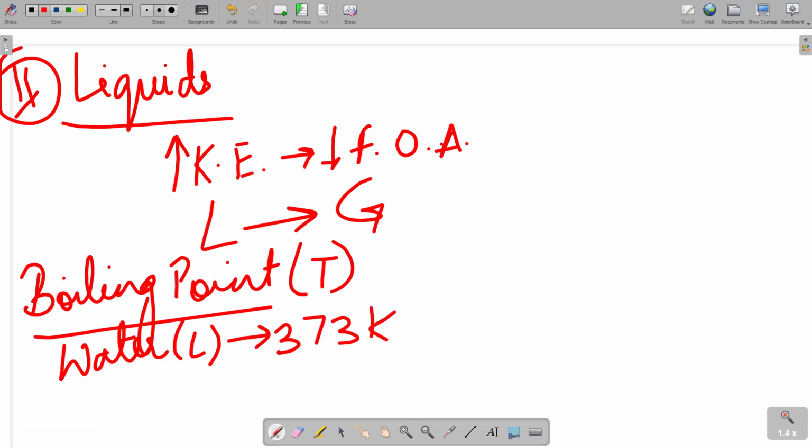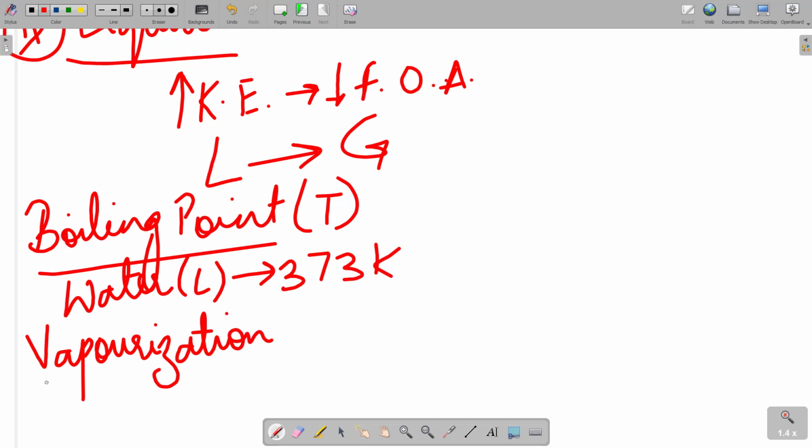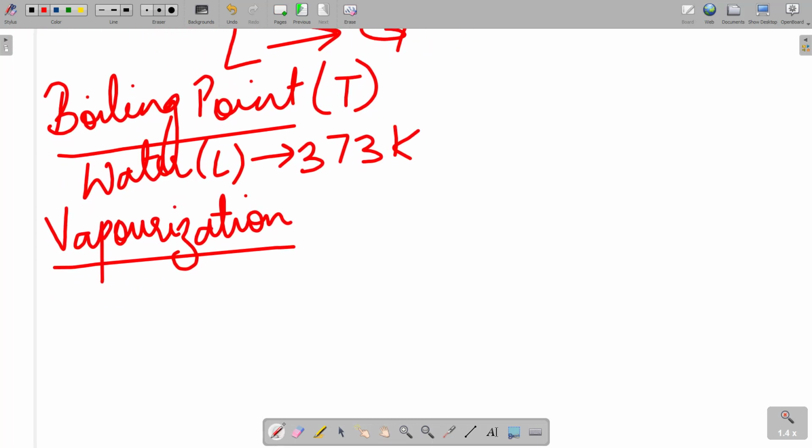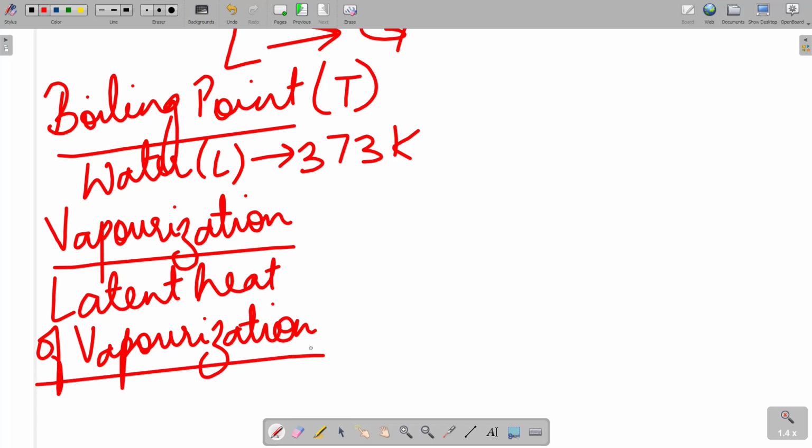Okay. So and similarly, इस पूरे process को हम क्या कहेंगे? हमने पहले fusion कहा था. This process is obviously vaporization. और जैसे हमने लेटेंट हीट देखा था, यहाँ पर भी लेटेंट हीट होगा, राइट, ऑब्वियसली। बट यहाँ पे लेटेंट हीट किसकी टर्म्स में होगा? लेटेंट हीट ऑफ वेपराइजेशन, बिकॉज प्रोसेस यहाँ पे क्या हो रहा है? वेपराइजेशन का प्रोसेस हो रहा है, लिक्विड गैस में कन्वर्ट हो रहा है, दैट इज अ लेटेंट हीट ऑफ वेपराइजेशन।